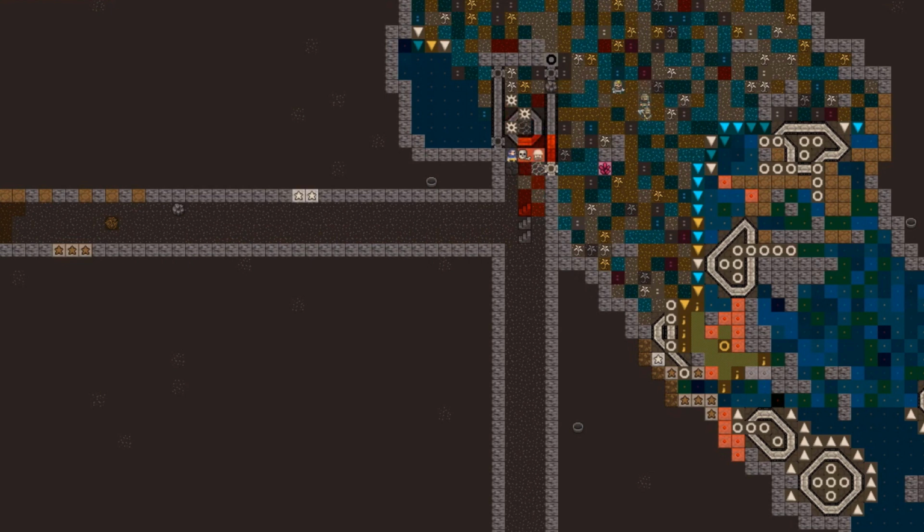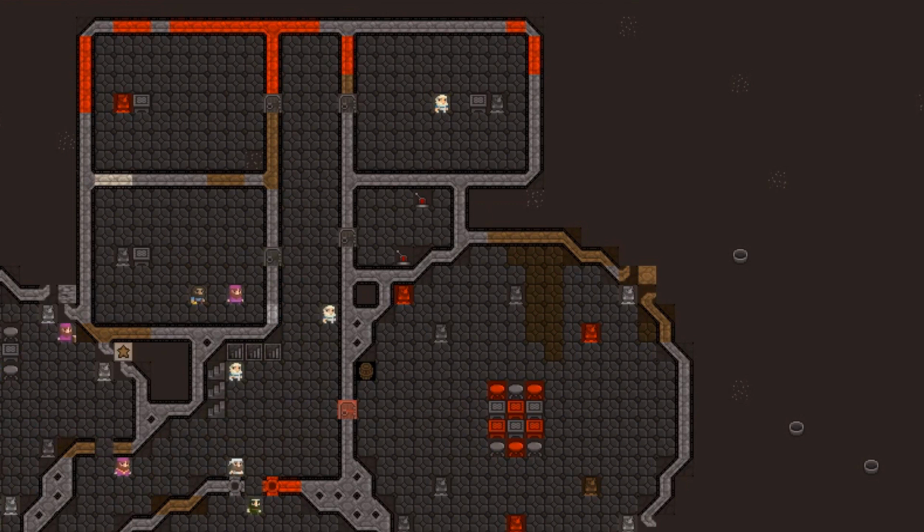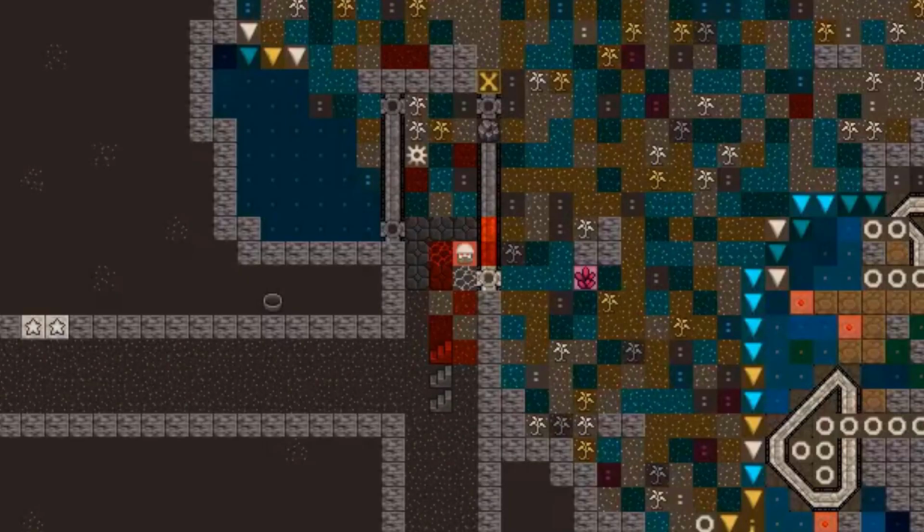Here we see it being built under the watchful eyes of the Diamonds of Meeting. Now all we have to do is link it up to a lever. And there we go. Linked up and ready to go. Let's get the Diamonds of Meeting out of there and pull the lever. There. One of our dwarves pulls the lever and...